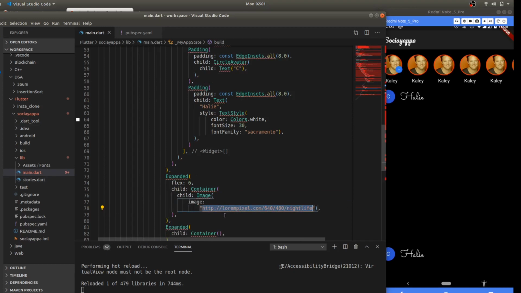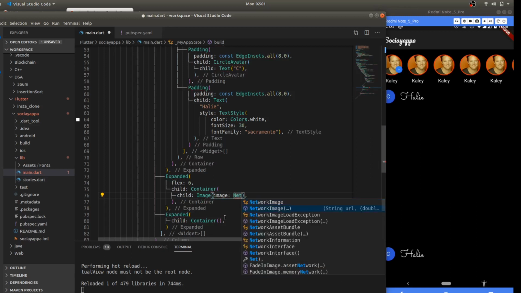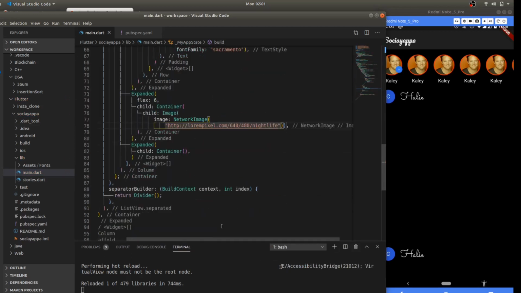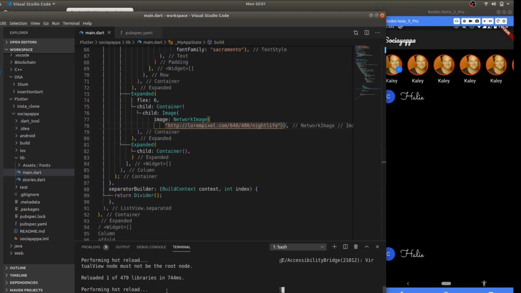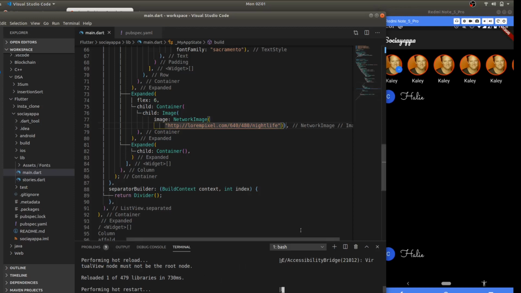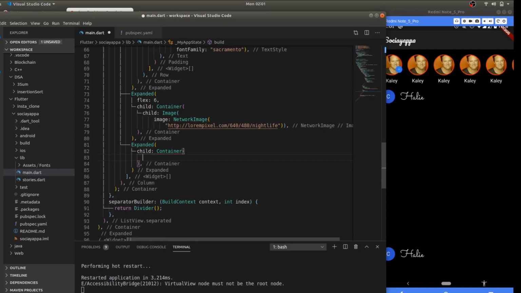Okay, that's not how it takes it. It needs it to be a network image. And yeah, here we can paste it directly. So now when I reload it, okay, it didn't work, I guess, or there's no picture stored. Okay, we'll focus upon it later. First, let's add the icons. So for the icons, what I've got is